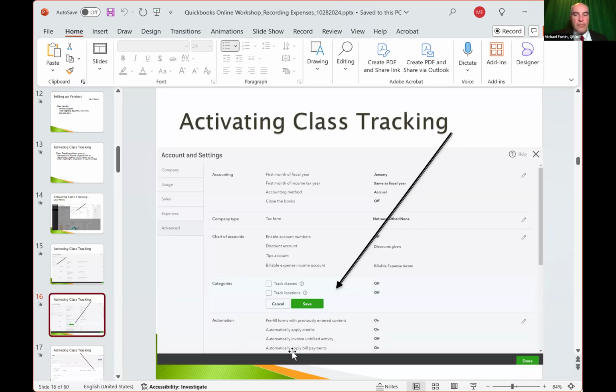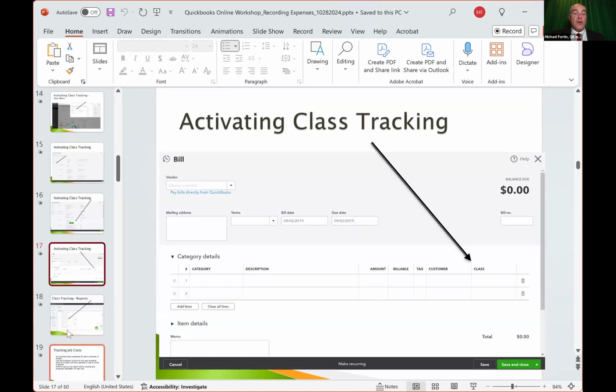Yes, which is another example of why a lot of students eventually end up upgrading to the higher subscription, because a lot of the features and functions that businesses really need are only available in those higher subscriptions. So they really get you. They want you to subscribe, right? And get the higher level. And then we turn the feature on.